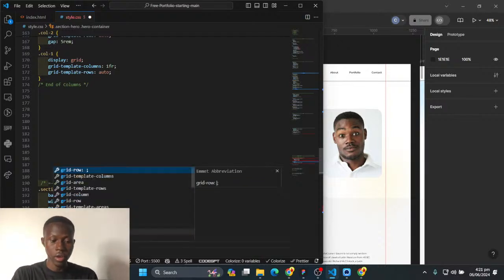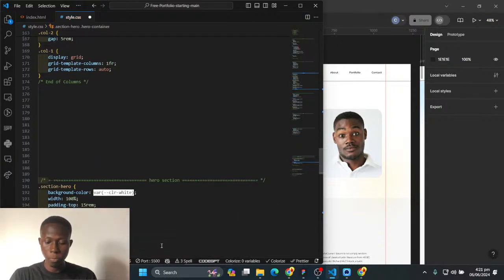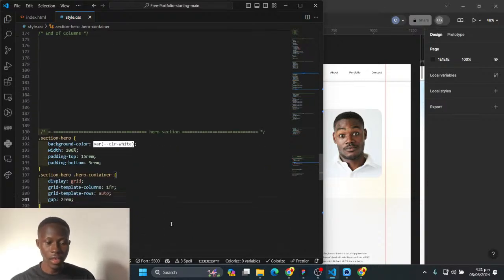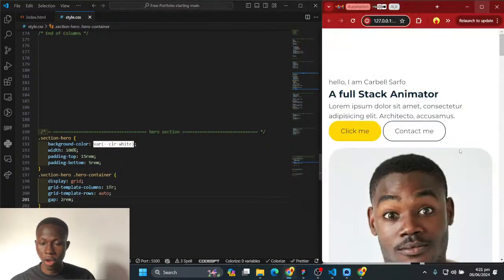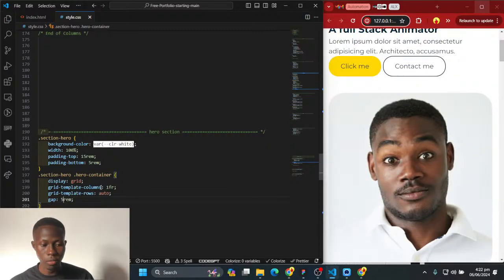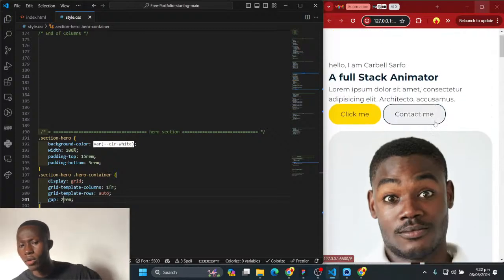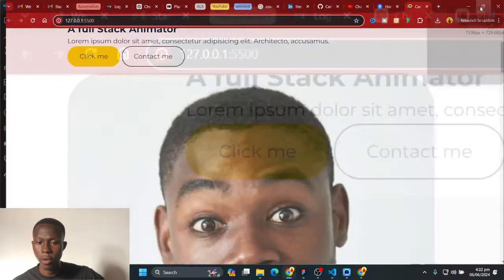Alright, so grid template rows, I'll just say auto, and then finally the gap. Let me just say like 2rem. And then I save that, and if you look at the browser, the 2rem is just creating a little space here. I can actually make it 5rem, if you want to create more separation, but I think the 2rem is okay. Now it doesn't really look good on a desktop screen,